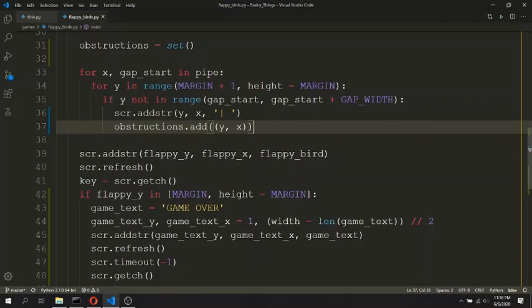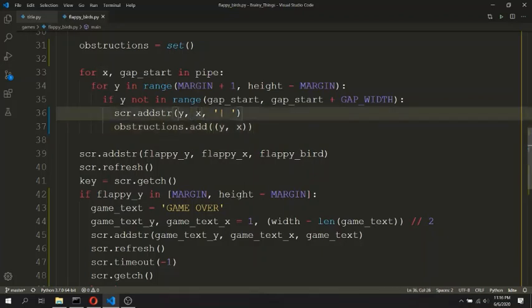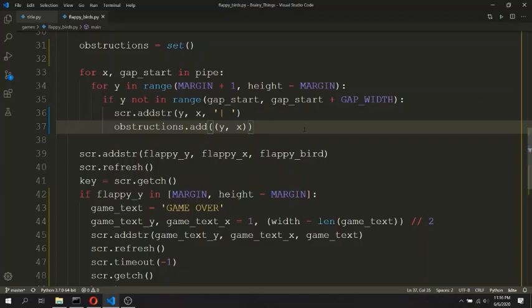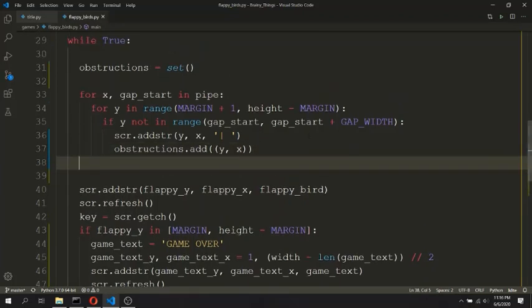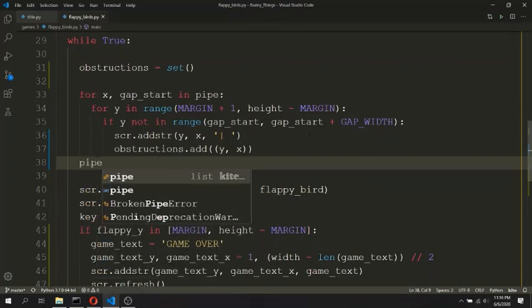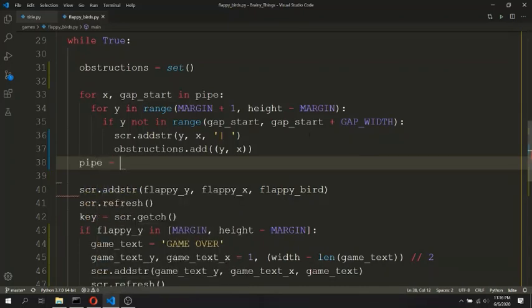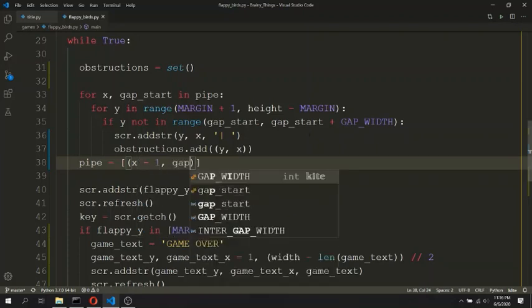And then we need to update the X value, that is the horizontal direction value, so that the pipes move to the left direction. We will use list comprehension over here because that will make the code simpler. The new values will be X minus 1 and gap start.